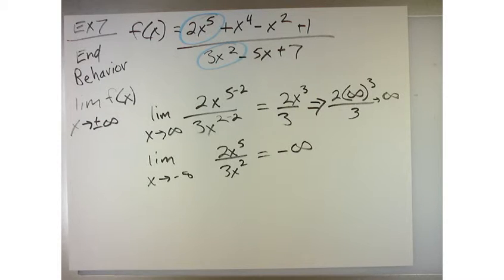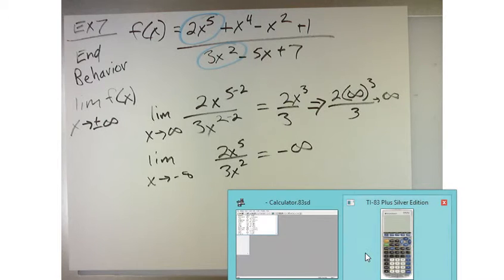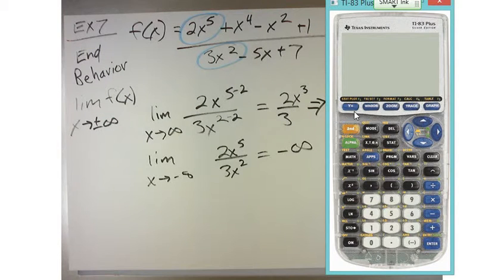How could I validate that claim quickly? Graph it. Very good. So I'm just going to plug this in the calculator. Do I have to graph the whole thing? No. I could just do the leading coefficients. Now, for due diligence, you probably should graph the whole function. But Mr. Adams just wants to real quick show you how this stuff works. So if I say 2x raised to the 5th divided by 3x squared,